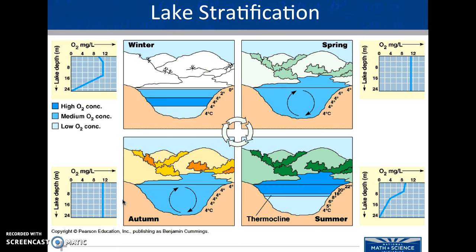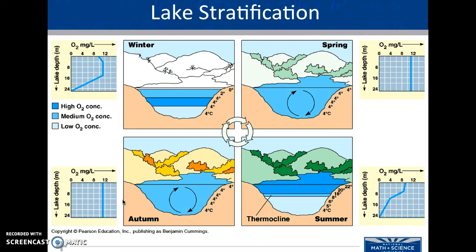We'll see that in the winter we have some stratification based on temperature and on oxygen content. Oxygen content does not really vary throughout the seasons. It's usually going to be highest at the surface. This is because oxygen will leave the aquatic plants and move to the surface if they are making oxygen. We see that temperature during the winter is warmest at the base of the lake because the cold air is